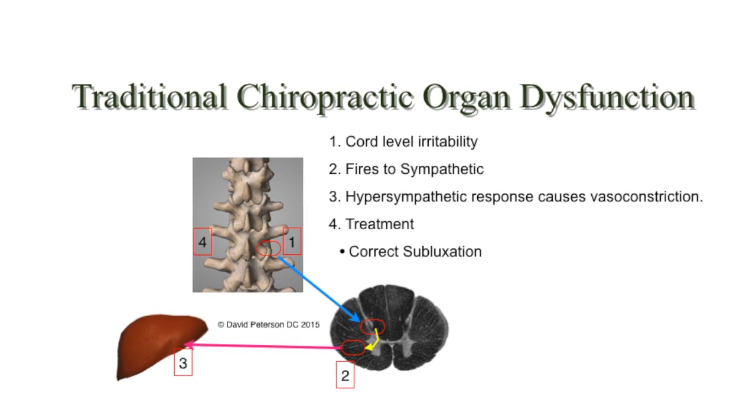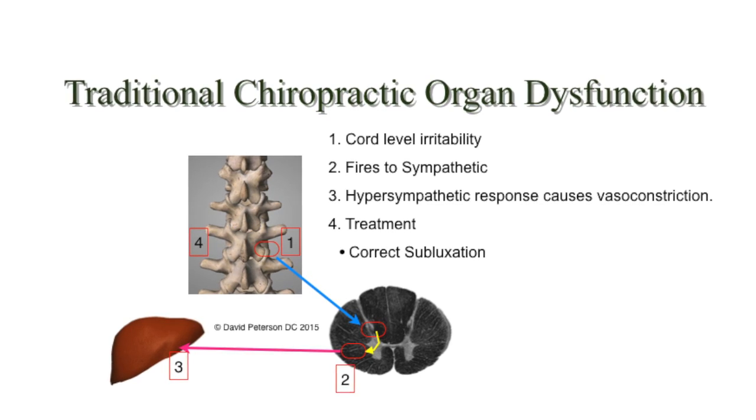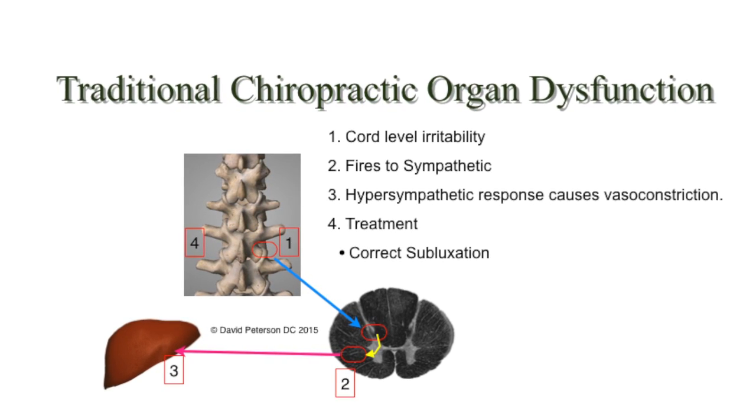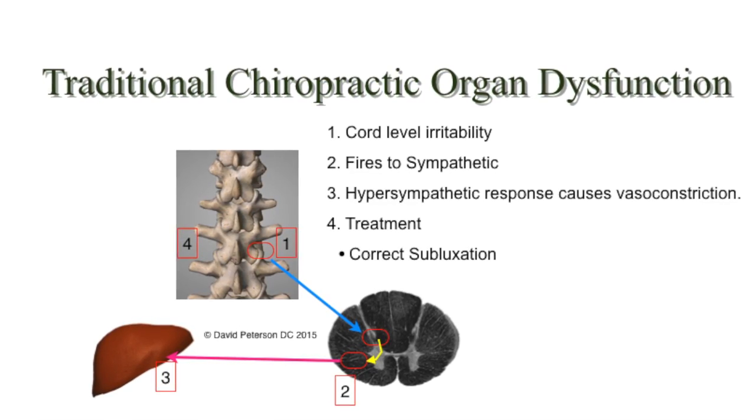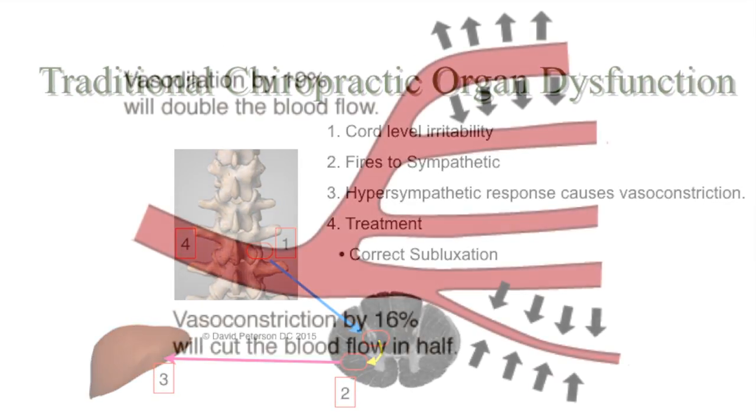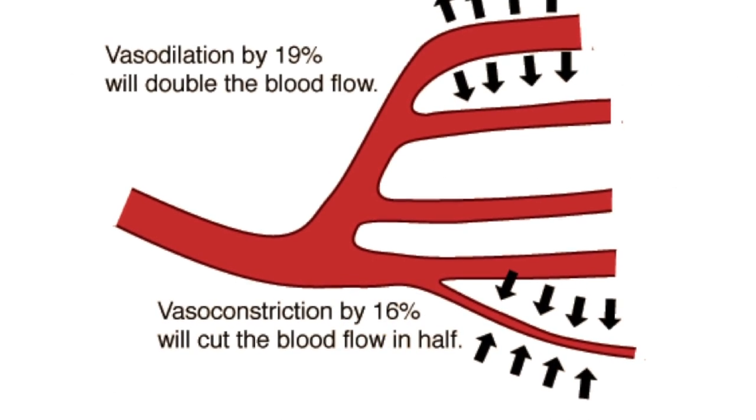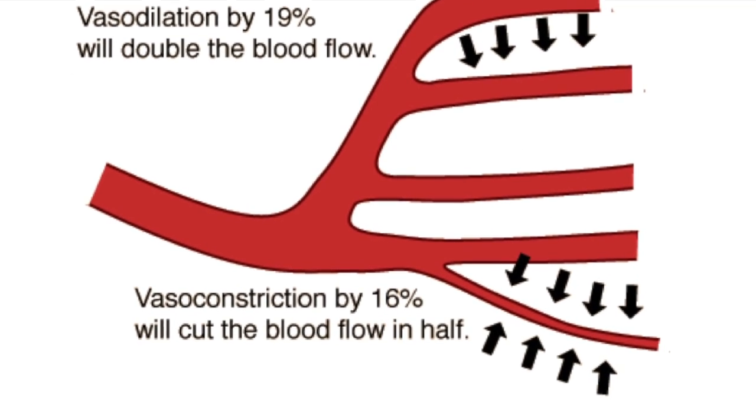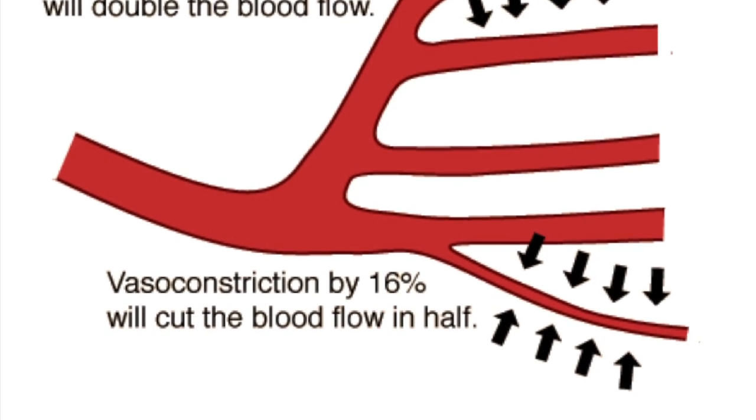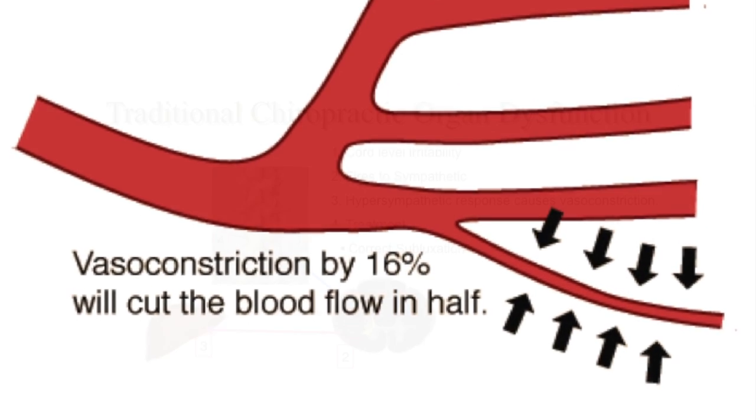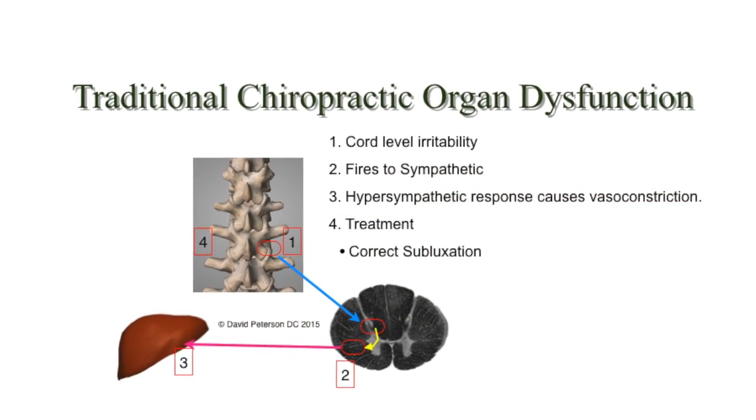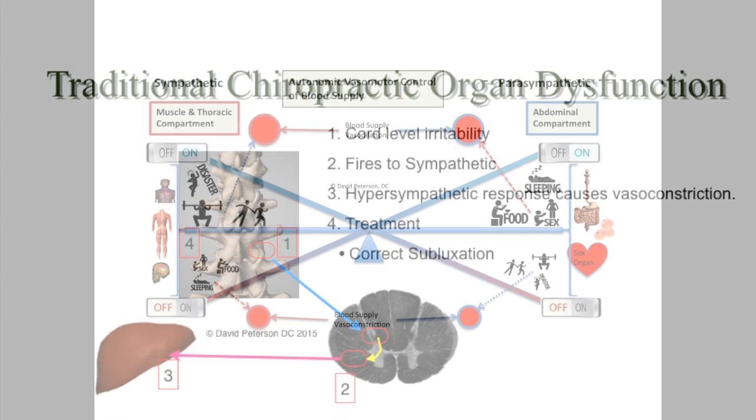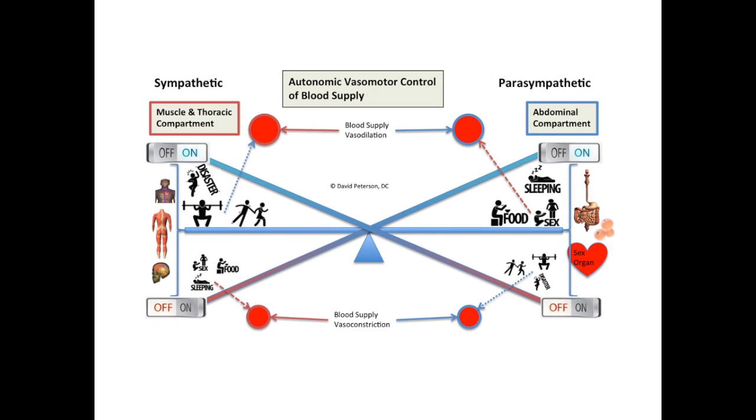This causes a hypersympathetic response, but due to philosophy-based anatomy, physiology, and neurology, there is no mention of what occurs with the blood supply to the organ. During a hypersympathetic response, the blood vessels around the organ are vasoconstricted, reducing the blood supply necessary for proper organ function. Chiropractic adjustments have been known to affect the autonomic nervous system by helping to downregulate the sympathetic nervous system